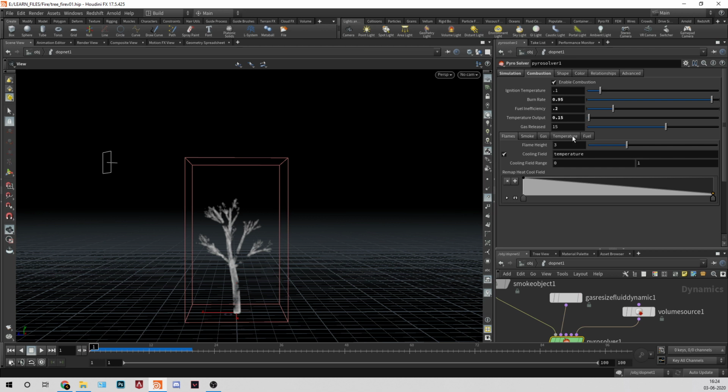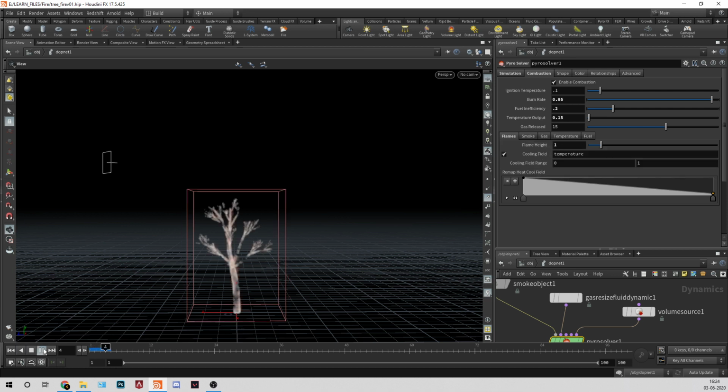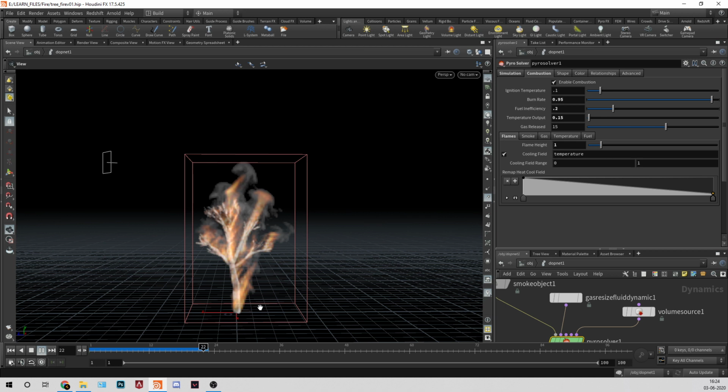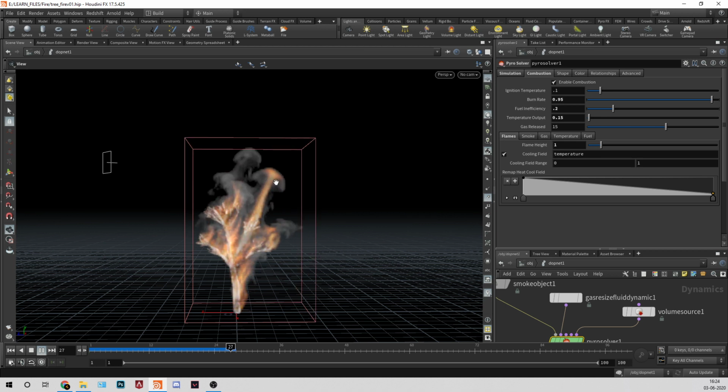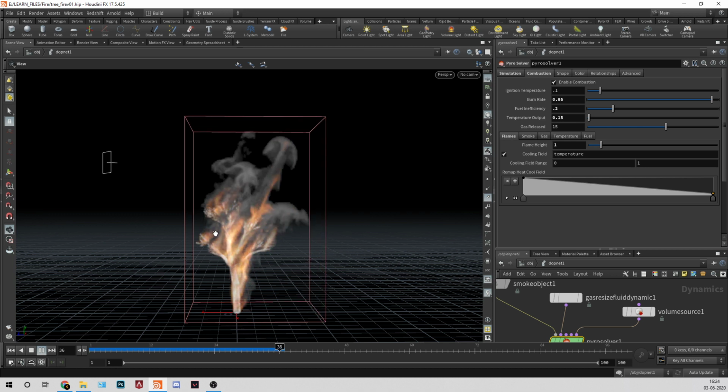And now you can see, I'll go back. Okay, and after this we have flame. So this is flame height. The higher the value, the longer the flame will be. You can even read it here, it is written: higher values give taller flames, and lower values give a smaller flame. So if I give one, which I hope is good for the fire, because I don't want it to be a long flame of fire. You can see, even still you can see this thing which you have to break. See this mushroom shape, we have to break this, but you can see this fire.